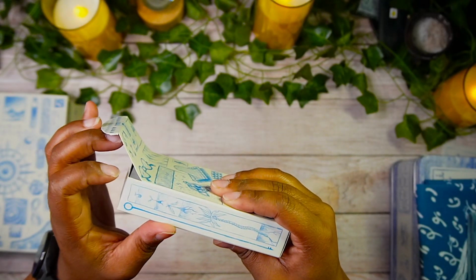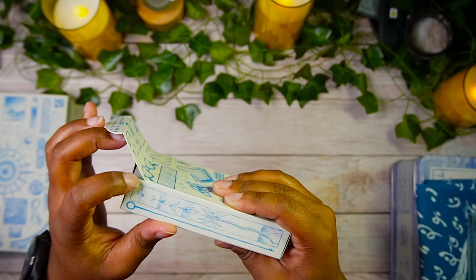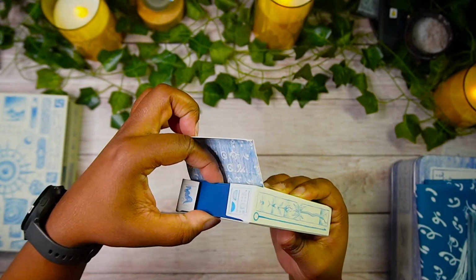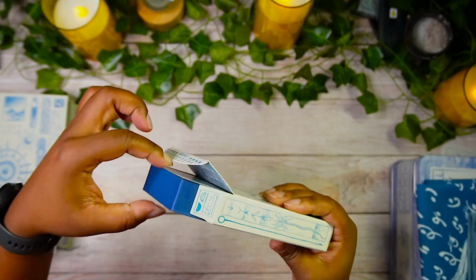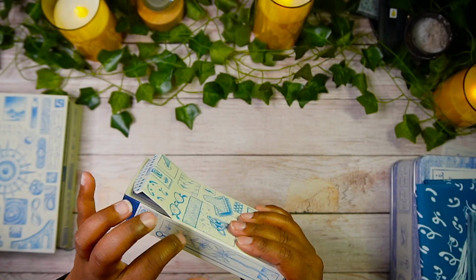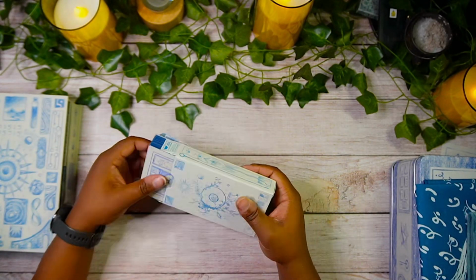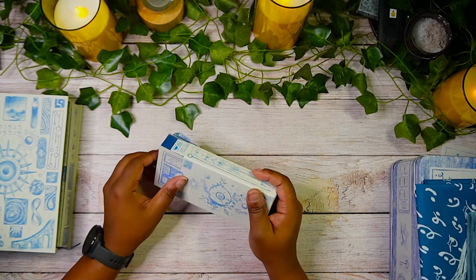So you can see how the top of the box stops here, but it slits down just a little bit. So it allows you to get your hands inside the box and pull out instead of ripping this. Because once you start a rip, the rip is never going to end, especially with tuck boxes. The tuck box has this like